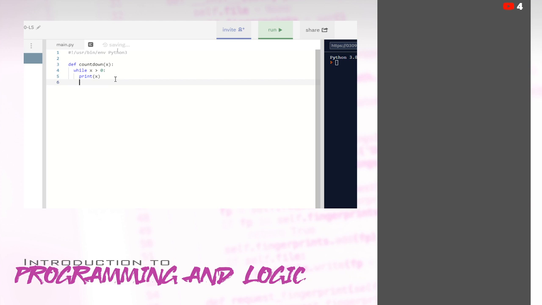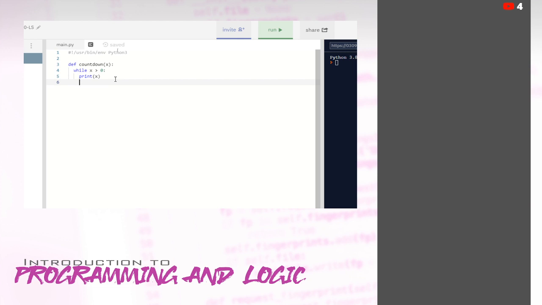And then what we need to do is iterate, or rather move that x closer to 0. So in order to move x closer to 0, we have to make x smaller. Since we're counting down by 1, and we want to count down 10, 9, 8, 7, 6, 5, 4, or whatever, we're going to subtract 1 from x.